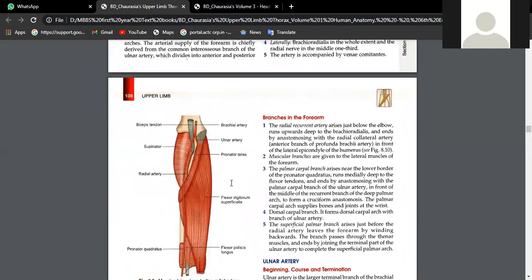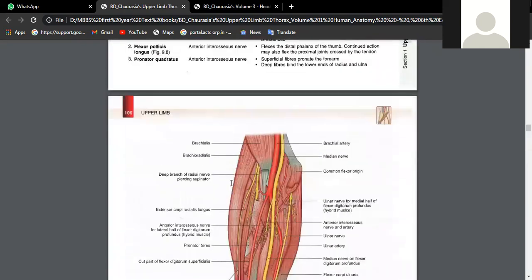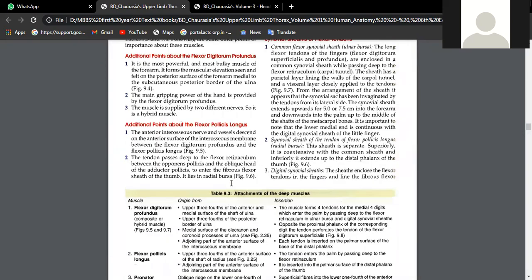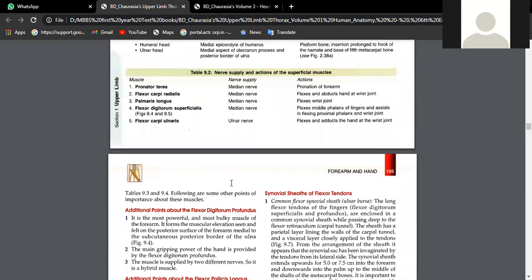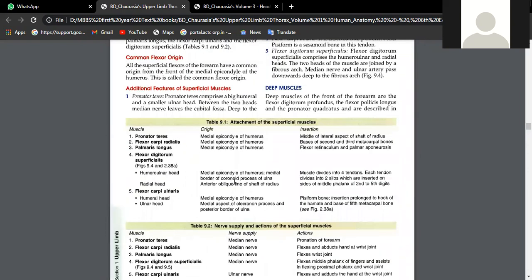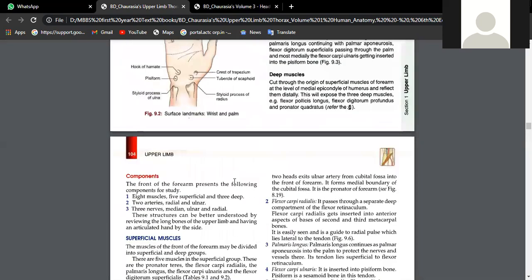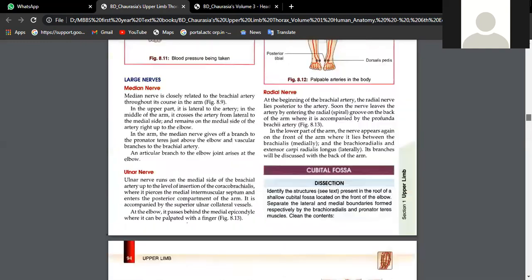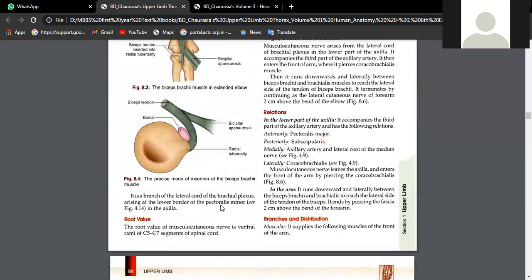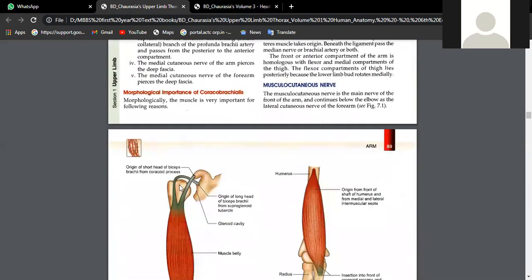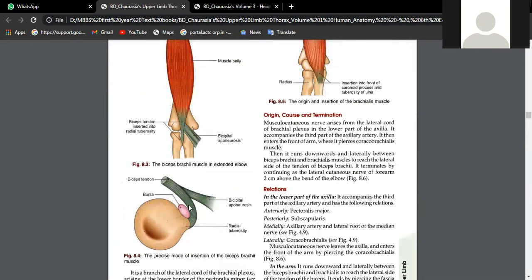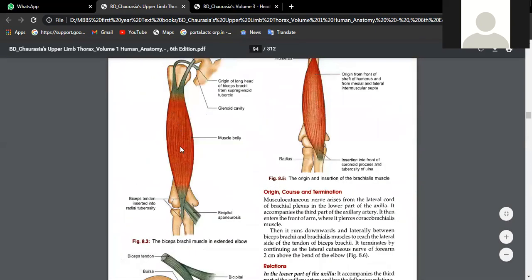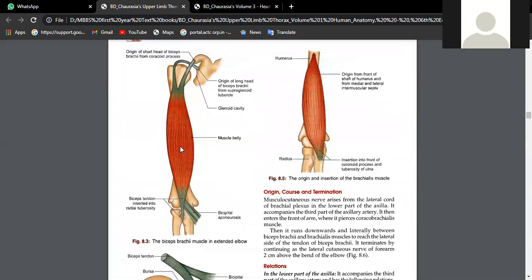You will understand. Okay, then biceps brachii. What is the origin of biceps brachii? Biceps means it has two heads. From where is the long head coming? From where is the short head coming? And where is the insertion? What is the action? Here you have biceps. See, the short head comes from the coracoid process and the long head from the supraglenoid tubercle. Insertion is on the radial tuberosity. Nerve supply is the musculocutaneous nerve, and the action is that it is a strong supinator. Okay, beta.